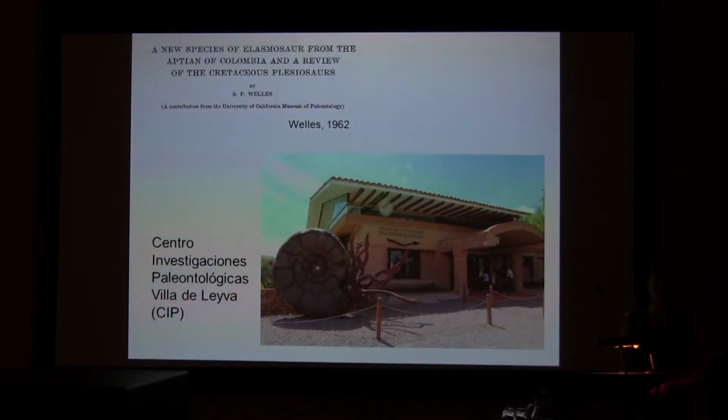Vertebrate localities around Villa de Leiva have been known for some time. The first institution to do collecting there was the University of California, which ran expeditions in 1945 and 1948. One of the specimens, the one published by Wellis in 1962, an almost complete elasmosaur from the region, is housed at UC Berkeley. The other specimen, also a complete elasmosaur collected in 1948, is housed at the Geological Survey in